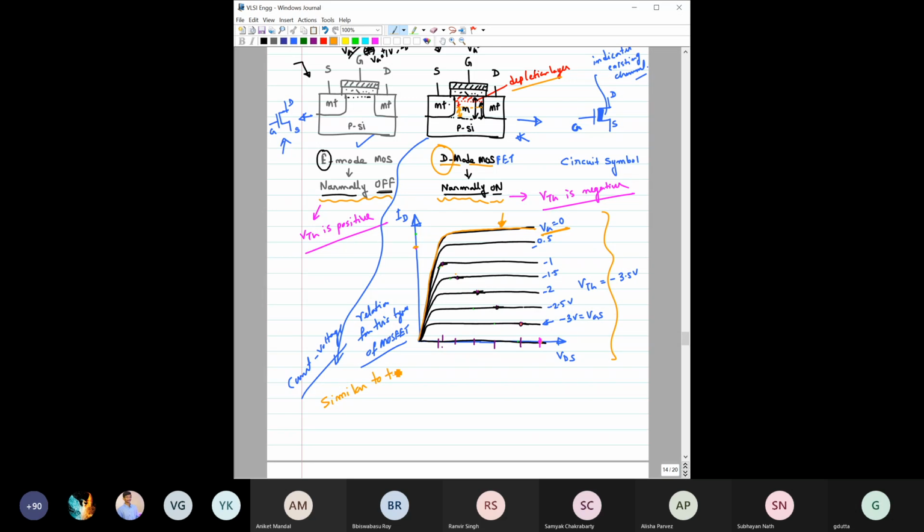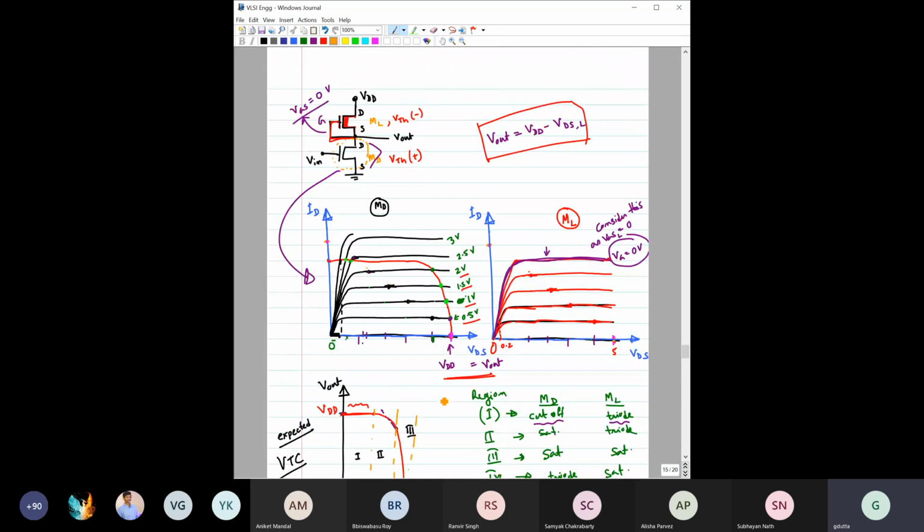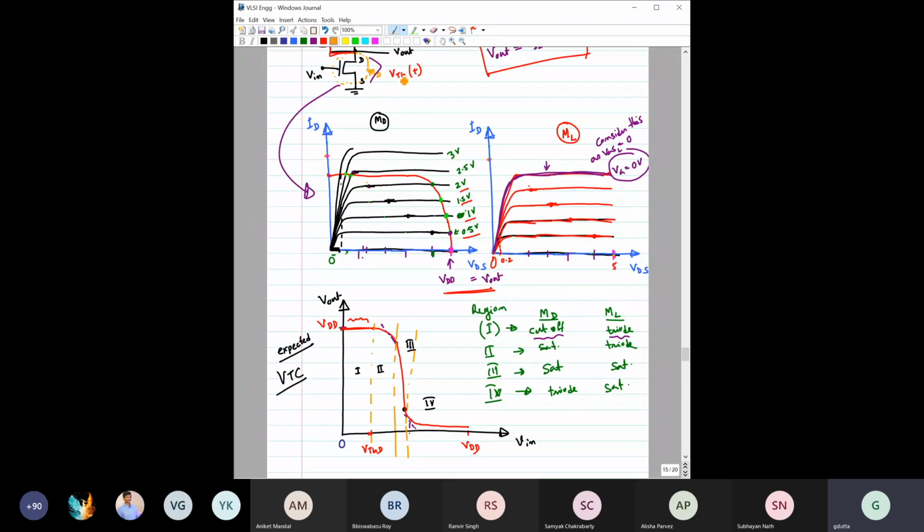So it would be similar to that of the E mode transistor. Now if I ask you to find what would be the slope in this particular region,